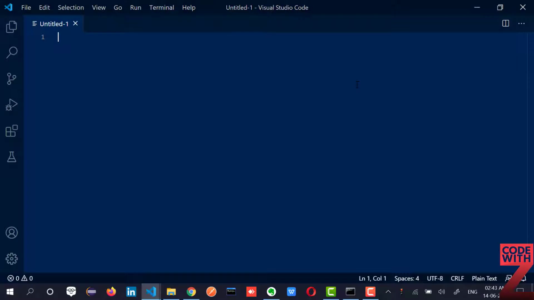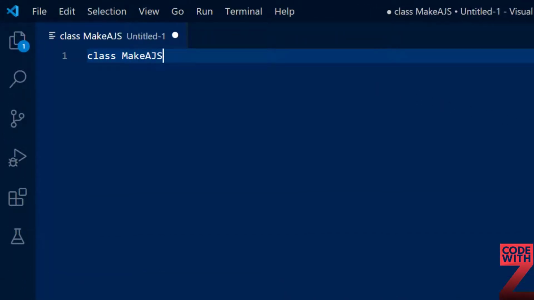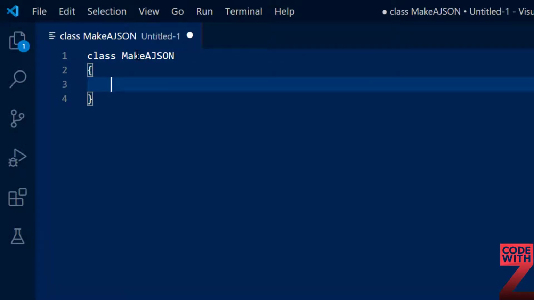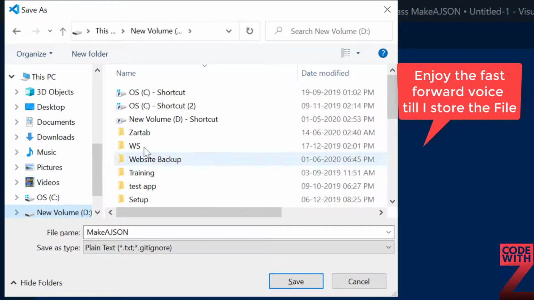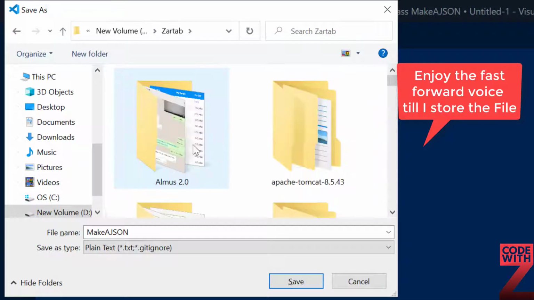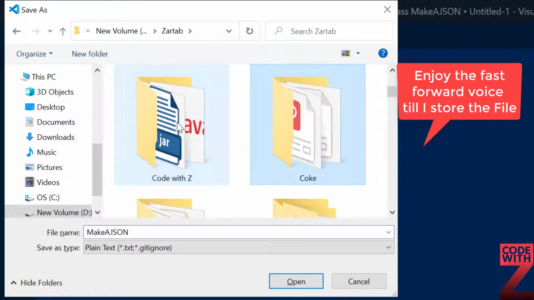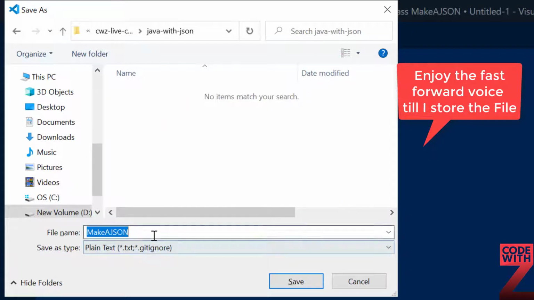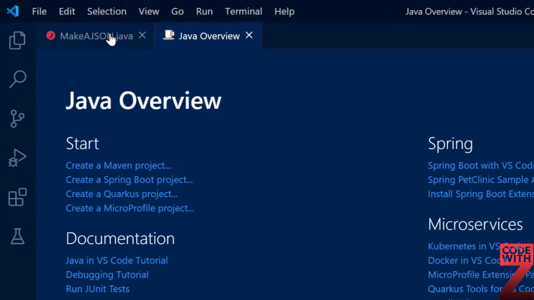So I am going to write a simple class, make a JSON, and we are going to at least try two methods inside this. So let me quickly save it, and this will be stored. Okay, so I'm going to just make a file JSON.java, and here I am.